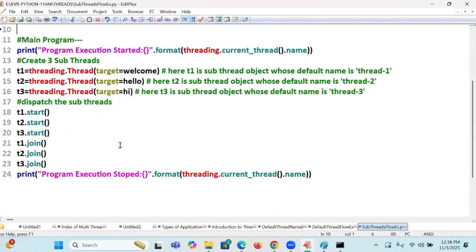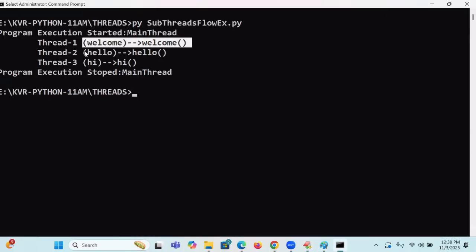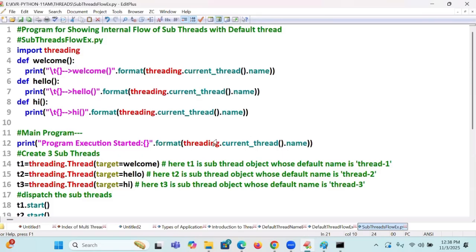Now I want to show it with the timing. Online students, are you following? This output will make you understand my functions are executed by these threads. Now I'm going to enter into it with the timing. Beautiful. So I'm going to take up one more program.